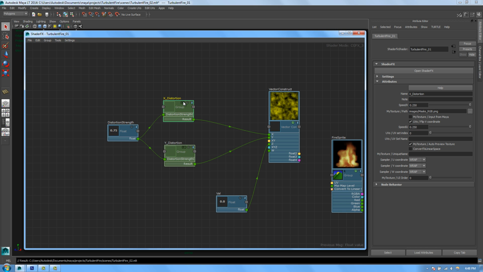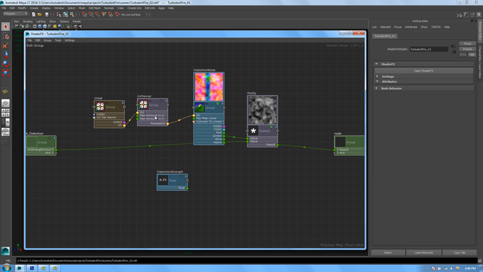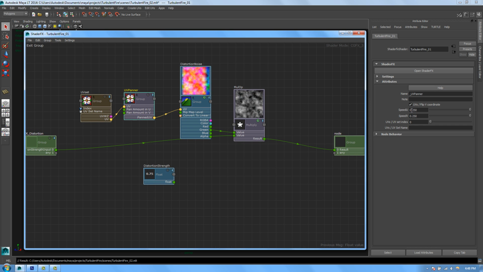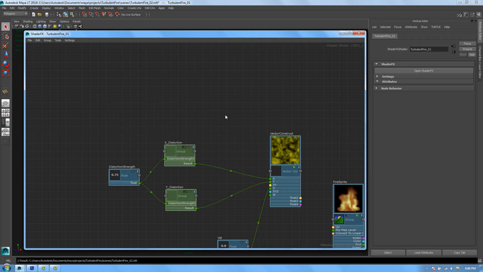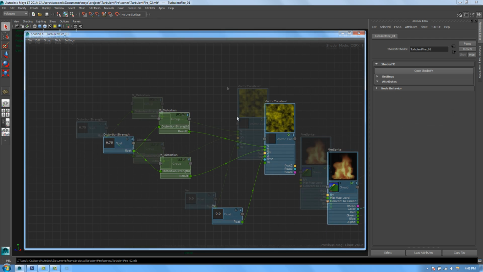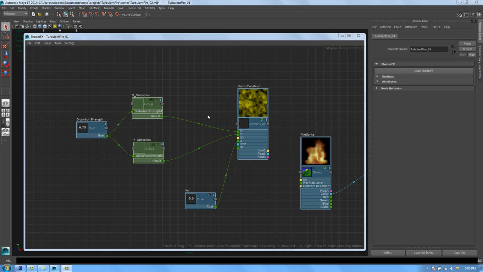But if you jump into the group, you can change the panner, and I will just change mine to negative 0.125 on the U and negative 0.25 on the V. We'll adjust these later to get a better look, but for now this is going to work. And if I exit the group here, okay, so I did have to pause the video for a second because